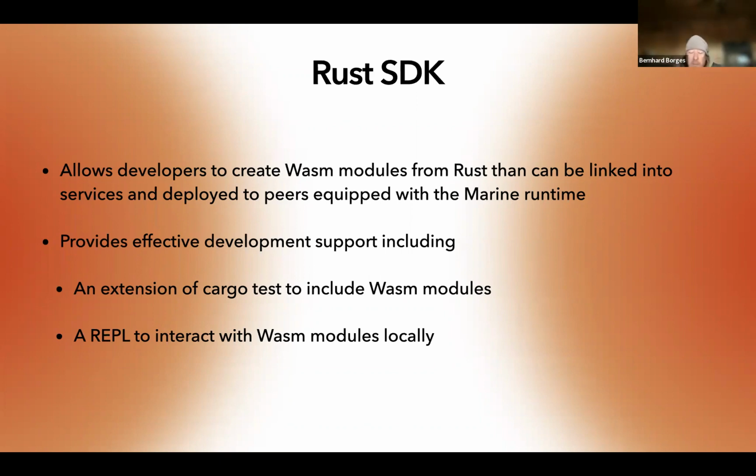In addition, what the Rust SDK provides you with is some really, really good testing. Why is that important? Fundamentally, if you do unit integration tests, you do it on your code, right? You write your Rust code or whatever, and then you run the unit tests on the code. And that's nice, but our compile target is actually WASI-32 WASM, which is a little bit different. And in order to do your unit tests, you actually want to run those unit tests on the module, not just your code.